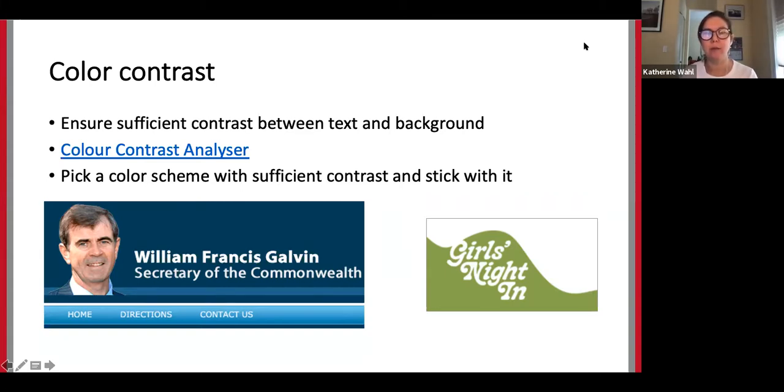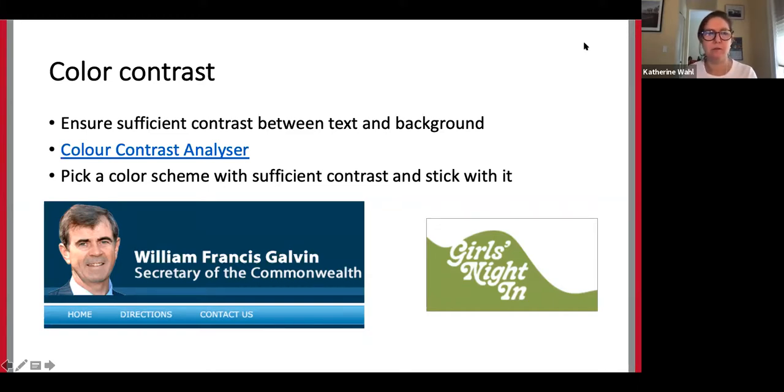And is there a way that we can try to adjust the color scheme to meet the standard? It's a lot easier to do this earlier in the process. I think the question really points out that when you already have an established color scheme, it is a little harder to change it. It's easier to do it when you're in the design phase and you're thinking about the palette that you're going to use for your site or your materials.